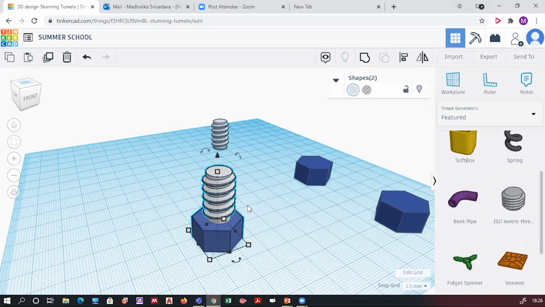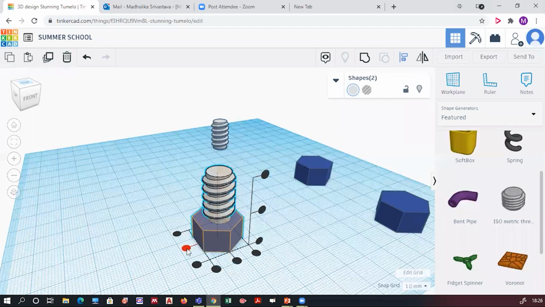I'll repeat the screw to top. Just wait, first let me tell you about this alignment. So I want to align these two objects. Over here on the right hand side, just before the last option, you see this rectangle thing, right? This is the alignment option. Okay. So I will click on this align option.